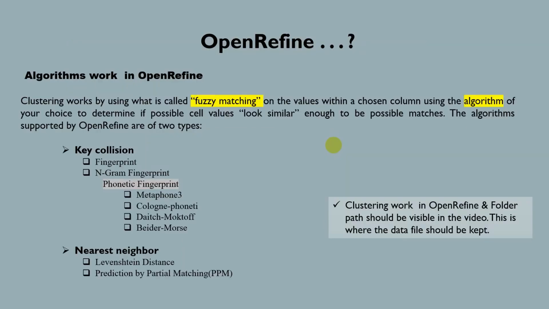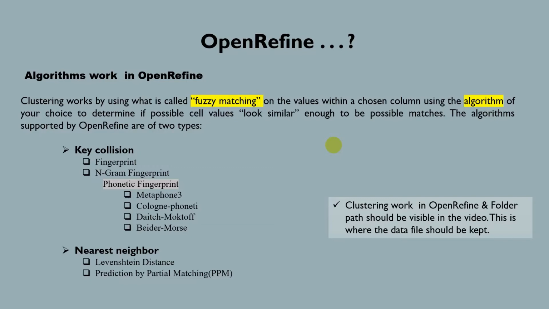Now OpenRefine. First, we have to know about OpenRefine. It was called Google Refine, and before that Freebase Gridworks. It is a standalone open source desktop application for data cleanup and transformation to other formats. The activity is known as data wrangling. It is similar to spreadsheet applications, but it behaves more like a database. It provides a set of tools to allow you to identify and amend messy data. So in this presentation, I will tell about how each of the algorithms in OpenRefine works and how clustering works